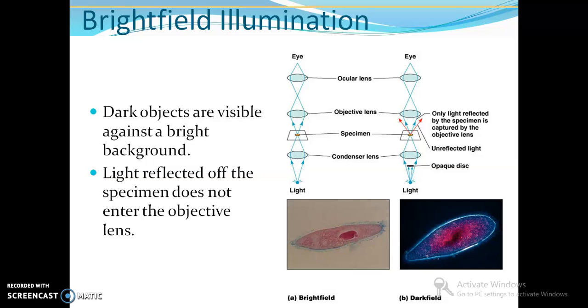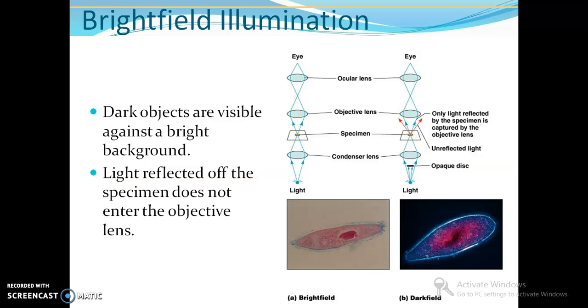Image formation begins with light coming from an internal or external light source. It passes through the condenser lens, which focuses the light and makes the illumination of the specimen more uniform. The refracted, bending light passes through the objective lens from the specimen to produce a magnified real image. This image is magnified again as it passes through the ocular lens to produce a virtual image that appears below or within the microscope.